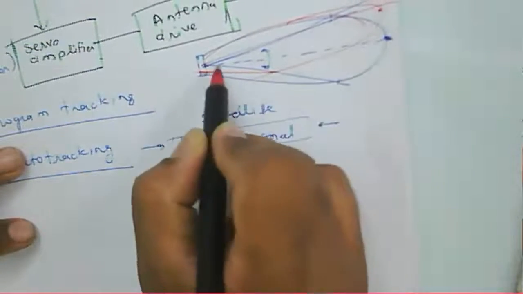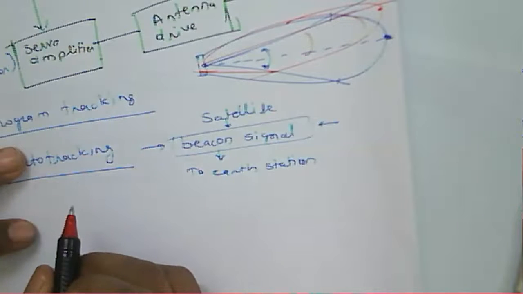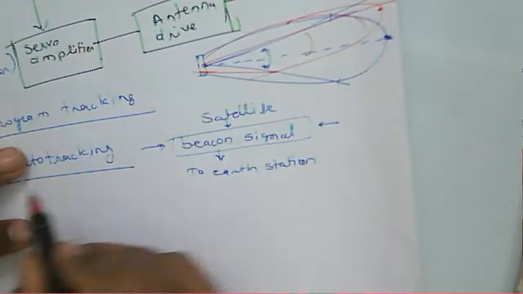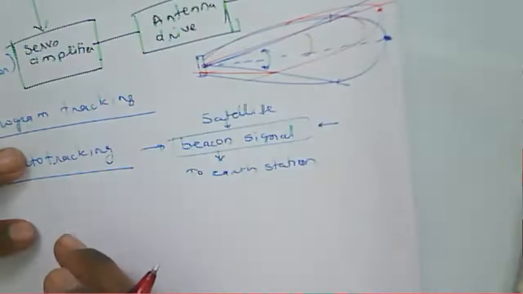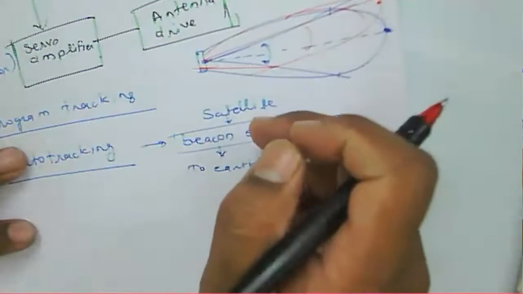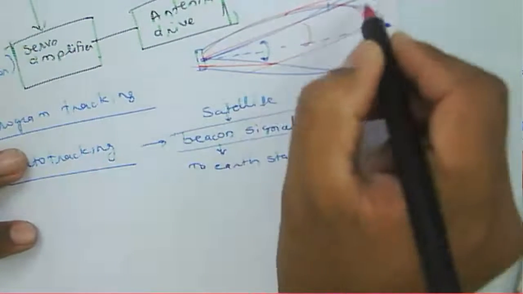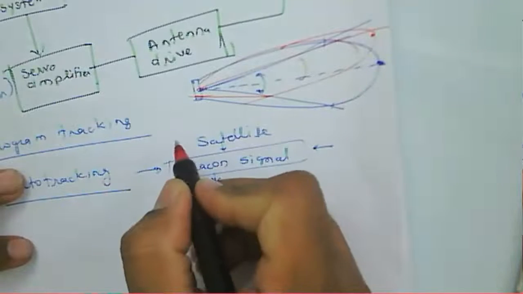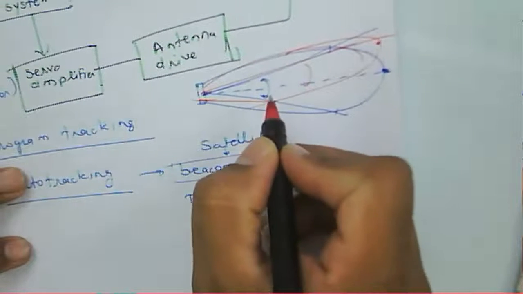So there is a small angle between these two radiation patterns. We need to find out first what the satellite direction is, and then according to that we can track the satellite. So there is a difference in the beacon signal or in the main axis of this radiation pattern